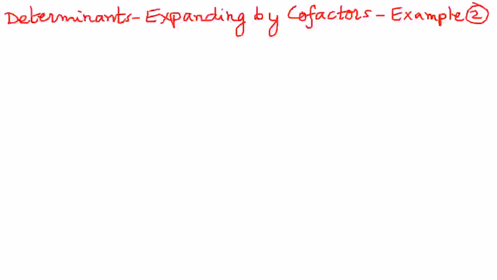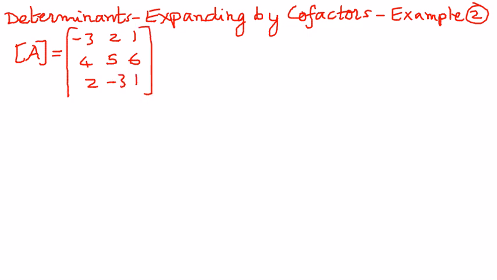Welcome to my presentation. In this presentation, let us see how we can find the determinant of a 3 by 3 matrix. So let me write that example down here. We have solved this example in my previous presentation, but I'm going to write the minors and cofactors here one more time. The matrix A, which had elements of this type, are as follows: -3, 2, 1, 4, 5, 6, 2, -3, 1. This is the matrix we had, and we have seen that for this matrix the minors and